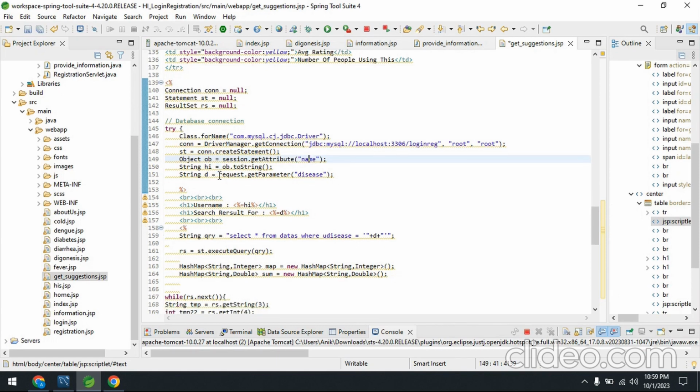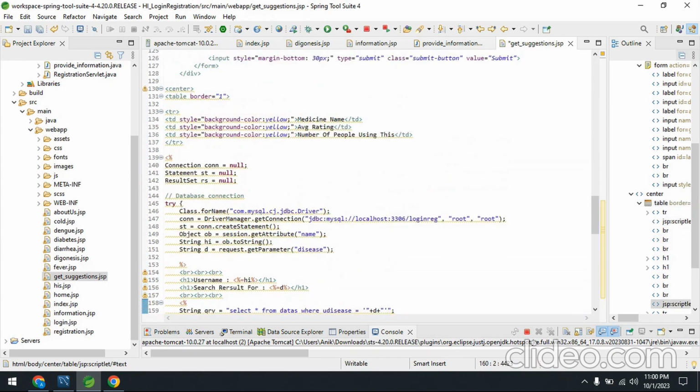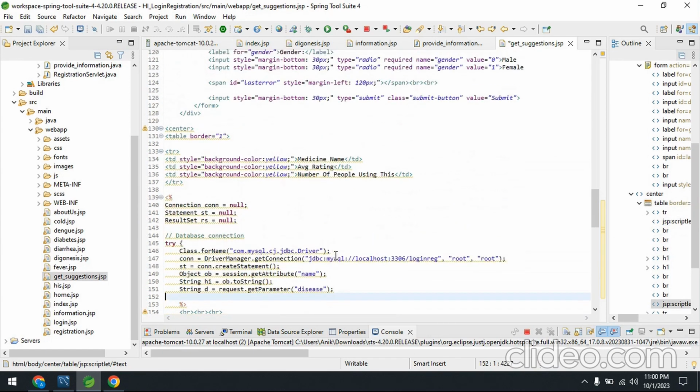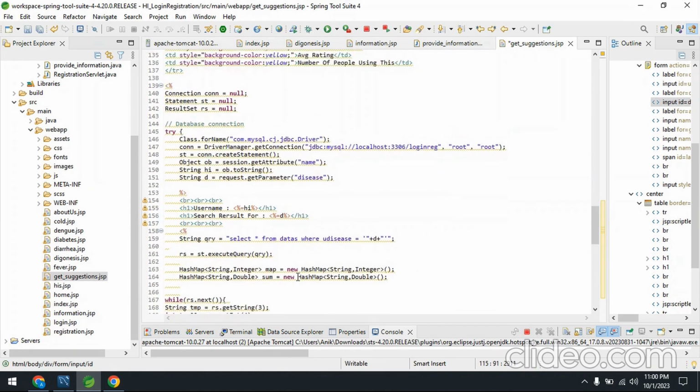Then we cast this object as a string. Then we use request.getParameter, and this is name, the ID name of this input box. So we can directly access the user input from request.getParameter by ID, and